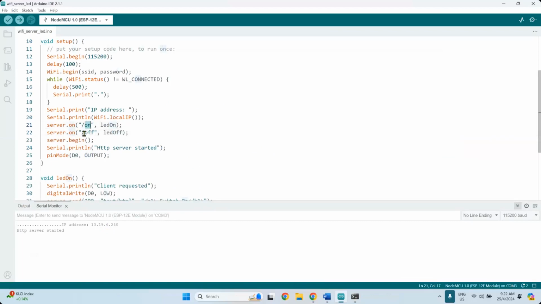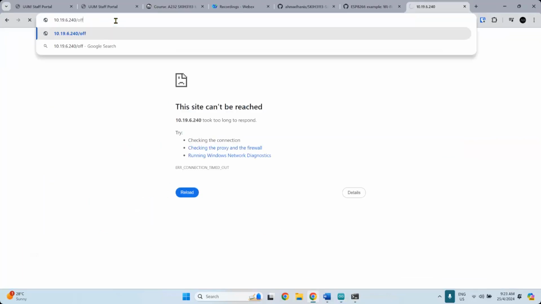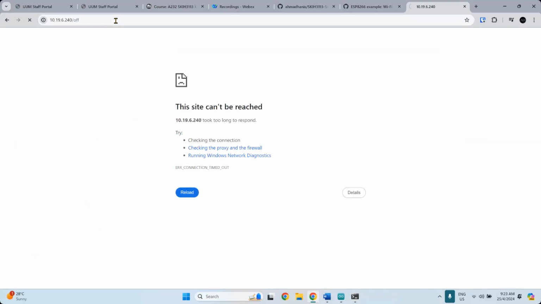So if I give a command off, let's try that one more time, to see if we are able to communicate with them. So this is off. I'm unable to respond, because of the IP address. If you're on the same network, for example, if you create your own Wi-Fi using your phone, the IP address should be within the same network, and you should be able to communicate with them. But in this case, it should be able to communicate, but no, because of the different IP address.